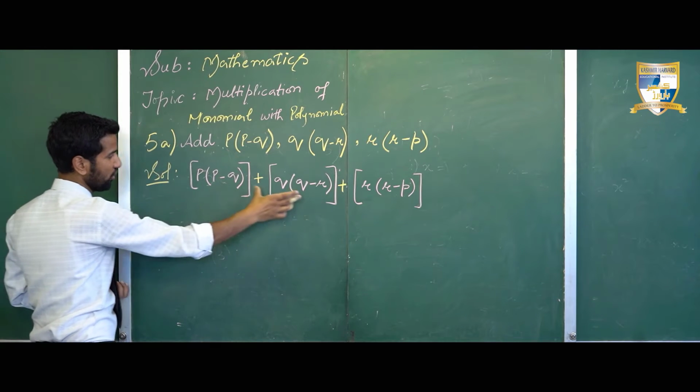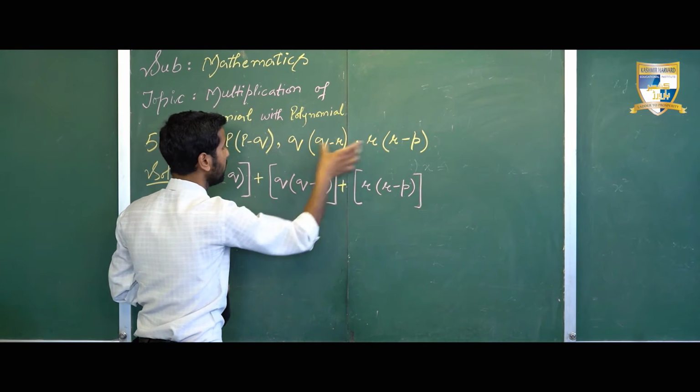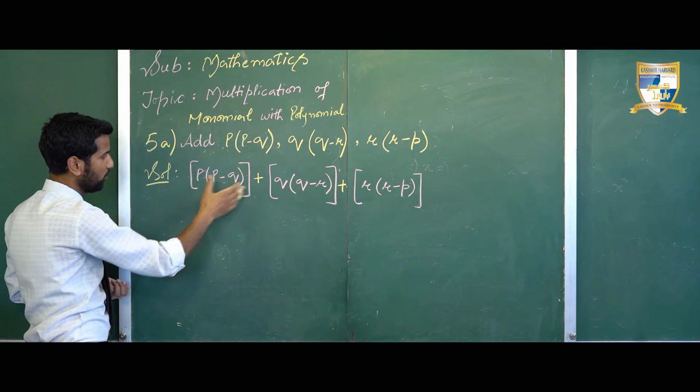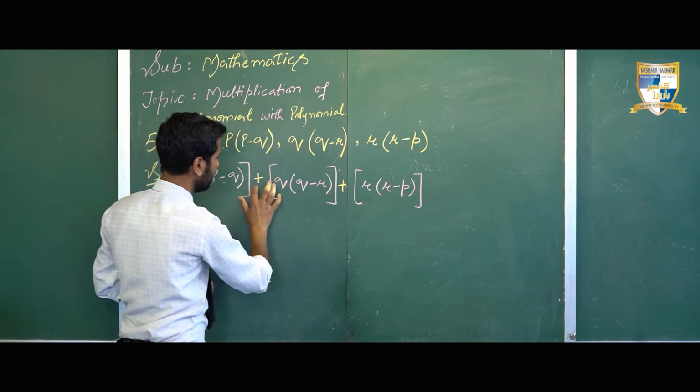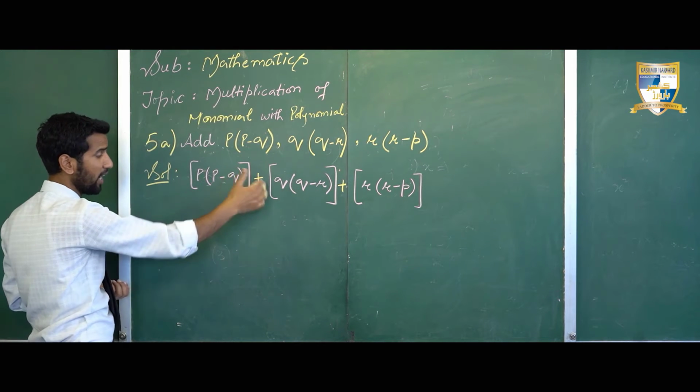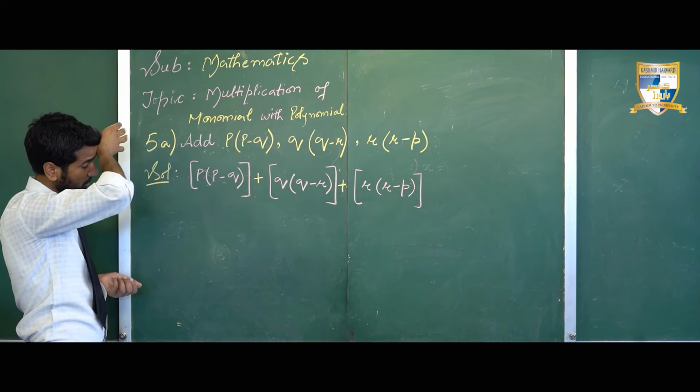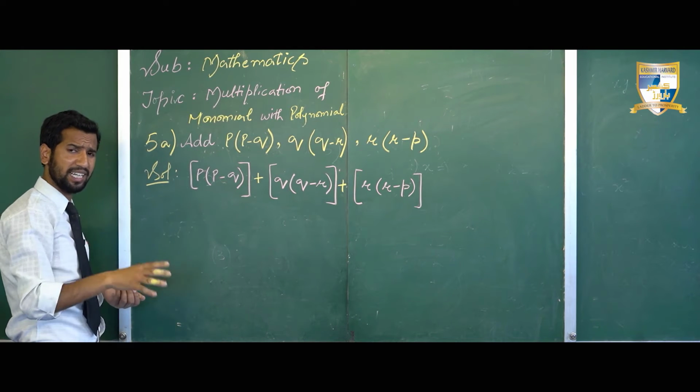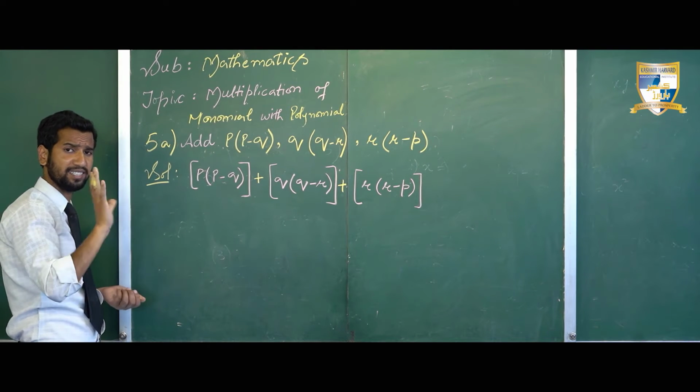So these are the three expressions that are given in the question, and what we are doing here is putting the sign of plus in between them, because we are going to add them. Now the question is how we are going to add them. Once again, same as what we did in the first exercise.